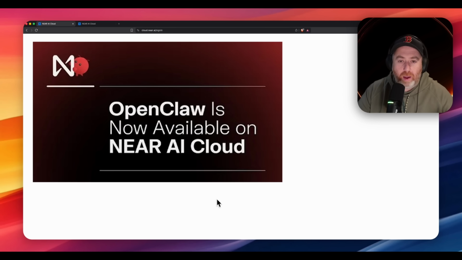Hey, folks. Excited to come to you tonight with a firsthand look at the Near AI OpenClaw implementation that is running on TEEs, which is a really exciting change and really allows you to have truly user-owned data privacy using these AI agents. I'm going to walk you through how to get set up, how easy it is, and the way that Near AI has implemented it. And we'll just jump in and go through it.